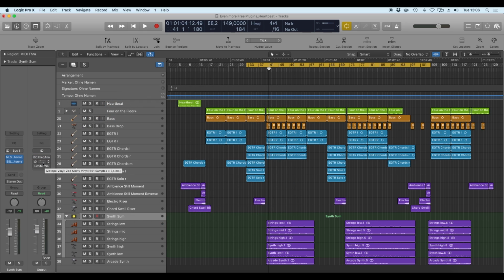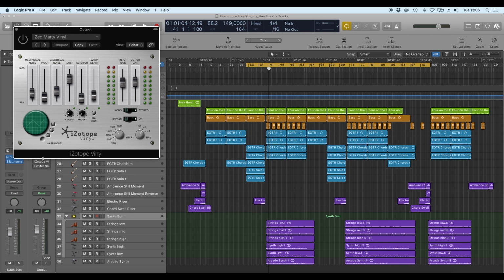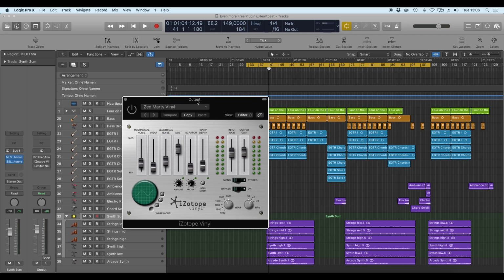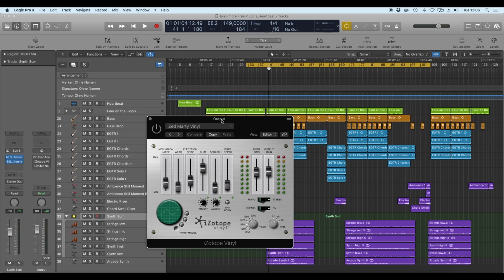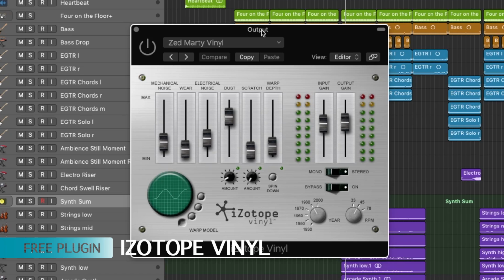Okay, the next plugin is actually a really fun one, and it's an older plugin that iZotope actually released now for 64-bit. It was just for 32 bits, and Logic actually doesn't work with that anymore. So they updated it finally, and here it is, iZotope Vinyl, where you can actually emulate kind of like an old